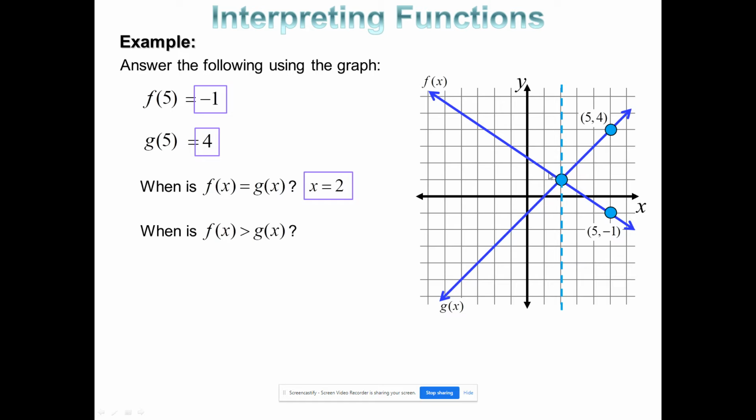So what we're interested in is all of this right here, everything over here. And we're looking at when again. So there's that word when. So now we're looking at x values. So now we're looking at the x-axis. So we're looking at all these values. So everything from 2 to the left of 2 will give us an f value that's greater than g. Okay, so we want all of this. So from 2 to the left. So that could be x is less than 2,